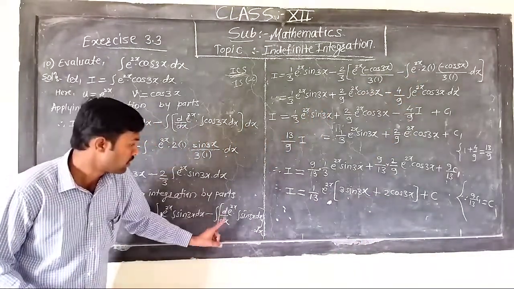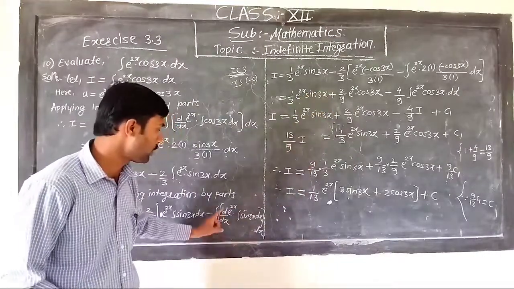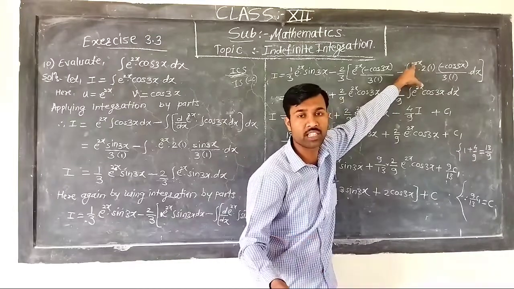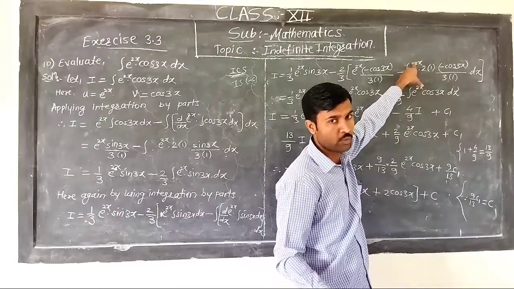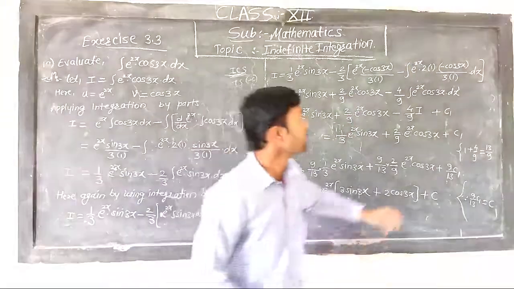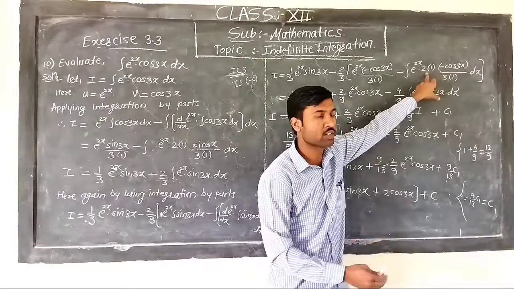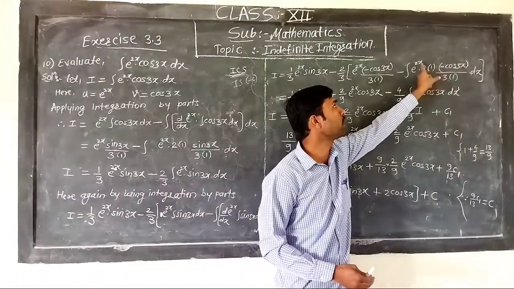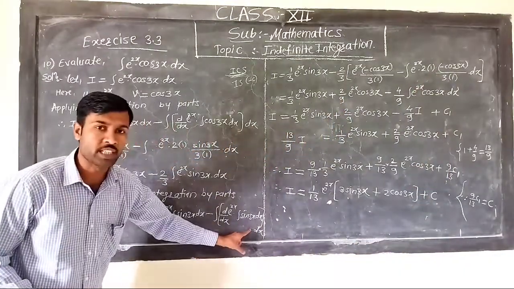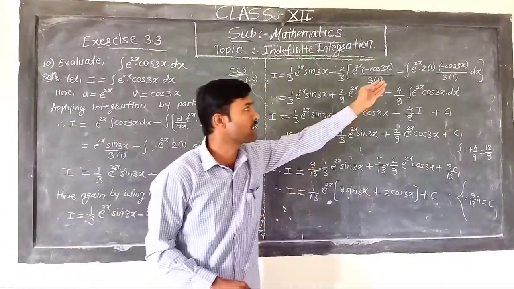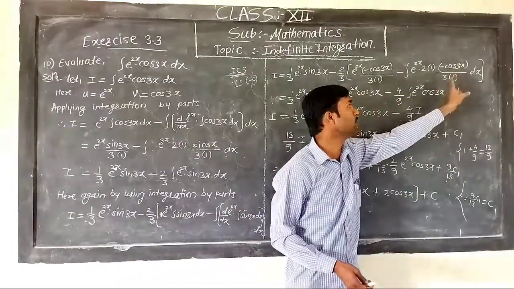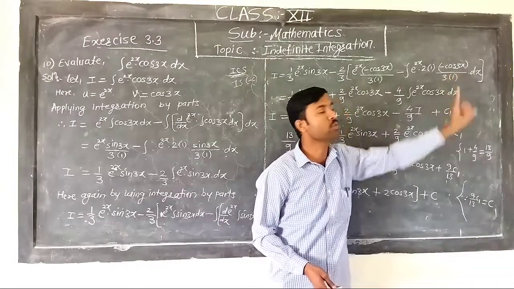Minus integration of derivative of e raised to 2x. Exponential function derivative remains as it is. Therefore, derivative of e raised to 2x is e raised to 2x. But it is 2x, it is not x. It is a composite function. And whenever we differentiate a composite function, we have to take the derivative of that composite function in the numerator. So, derivative of 2x will be 2 into derivative of x with respect to x is 1, into integration of sin 3x dx. Integration of sin 3x dx is minus cos 3x. But as it is a composite function, the derivative of 3x will be 3 into 1 into dx.